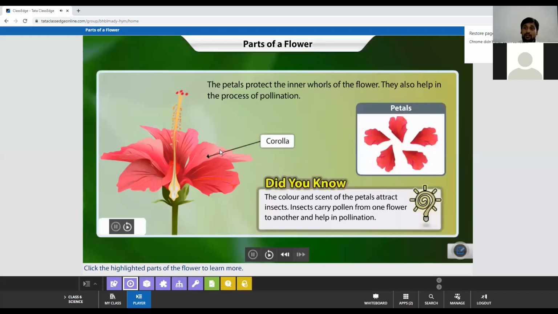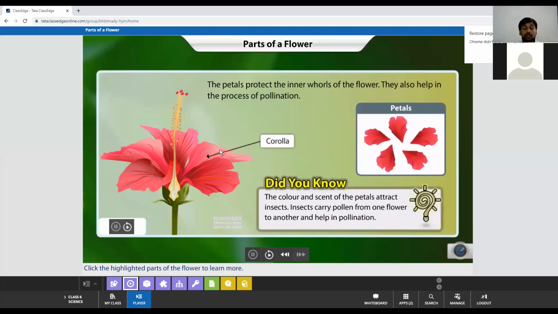See, when we see nature, we see many beautiful flowers. How do we attract them? Because of the different types of colors. Yes or no? So usually the flowers are colorful because of the presence of what? The plastids. Yes or no? Which are nothing but the pigments that are present inside the plants. Yes or no? So these petals are very colorful.